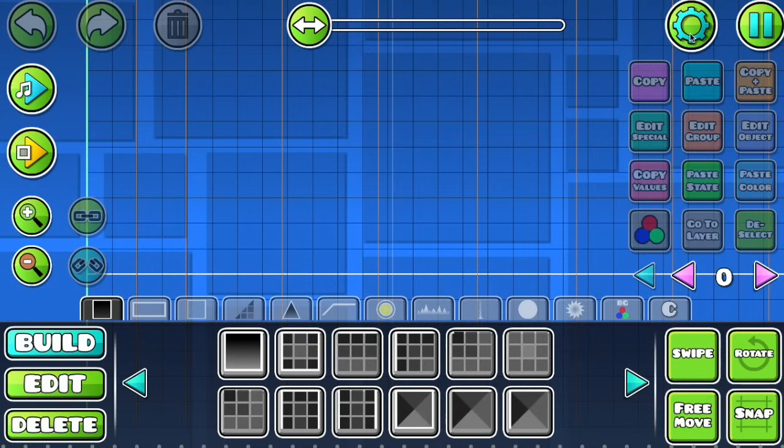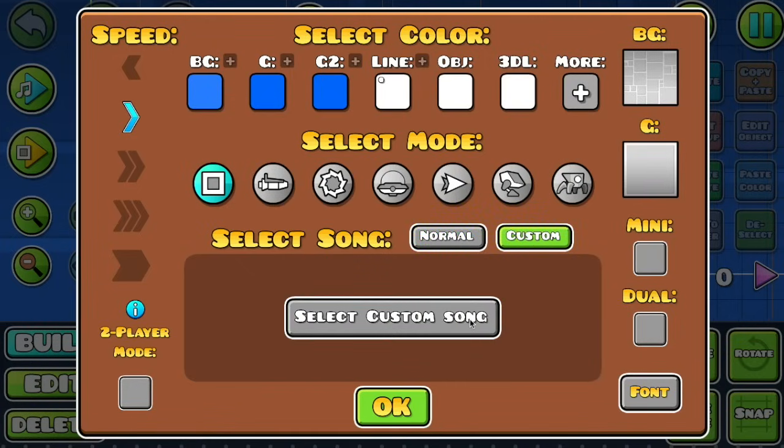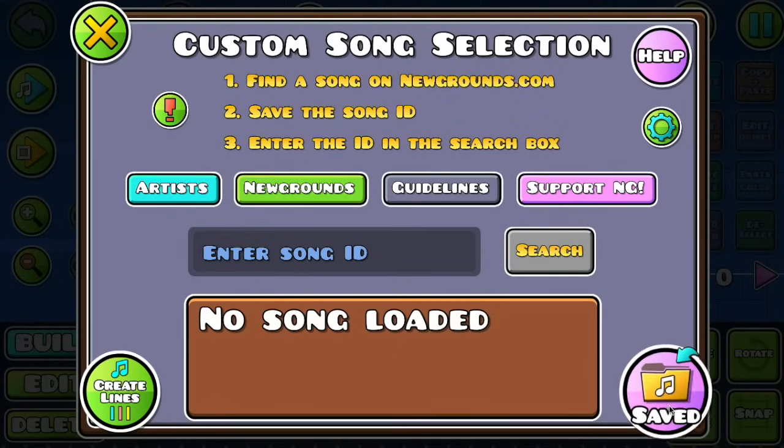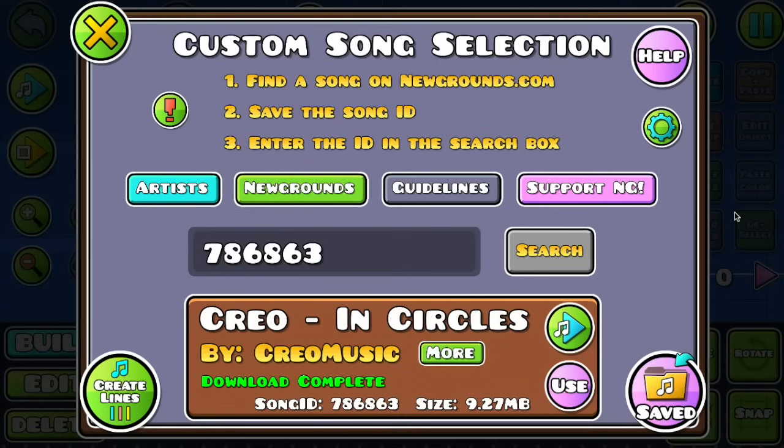Before even building your level, you need to start with a few basic settings. First of all, you have the song. You can switch the song between official songs that are in the official levels, or the custom songs that you should definitely do. Once you go to that menu, you can go to saved songs, which are all the songs you downloaded previously, or you can go to Newgrounds, find a good song, then copy the song ID, which is